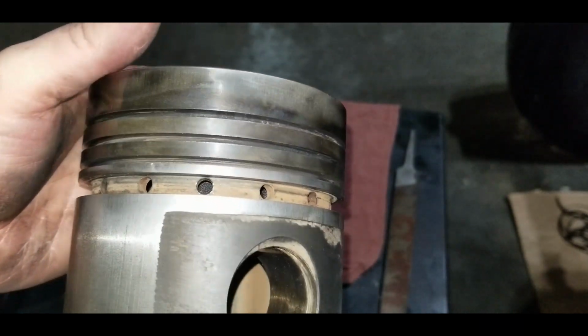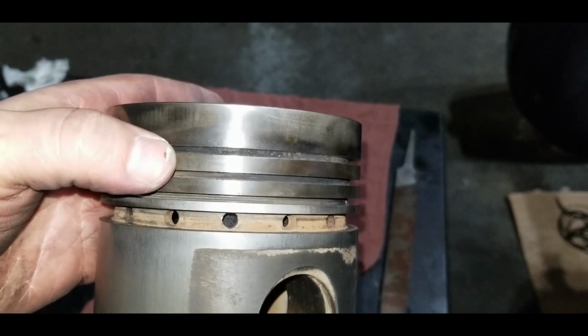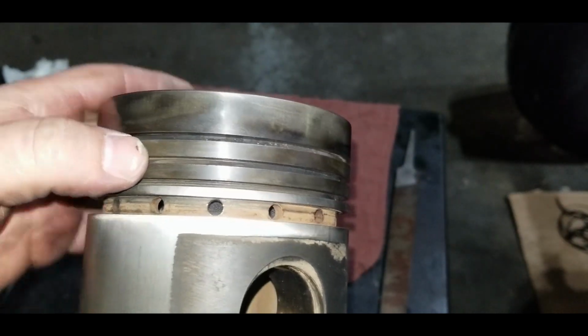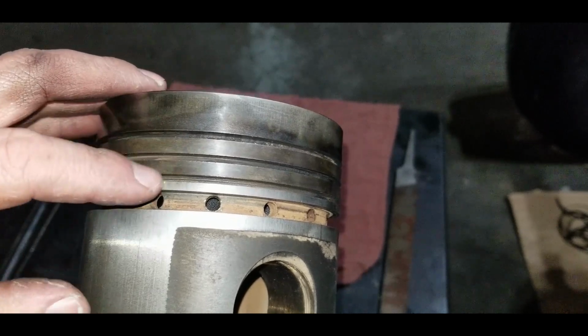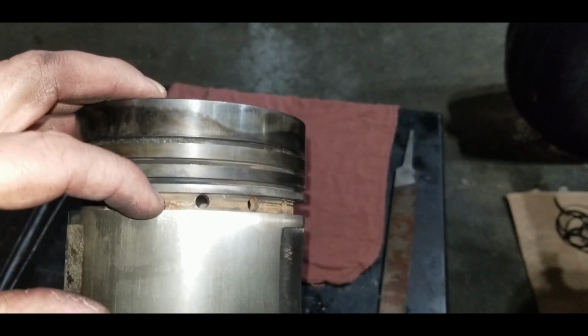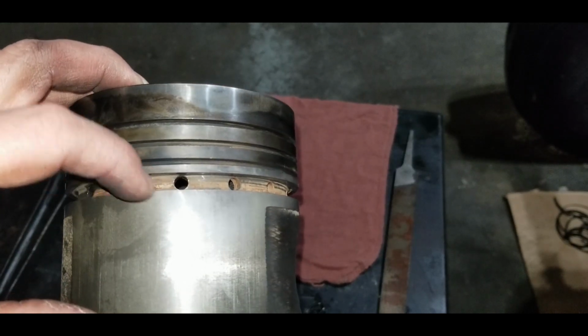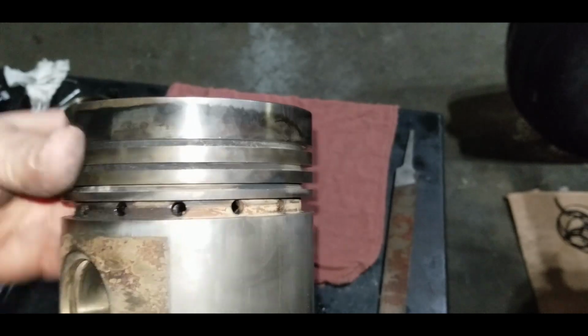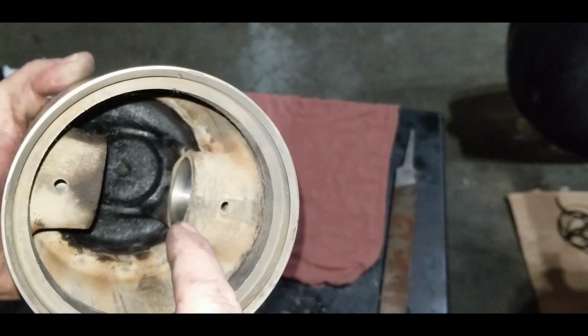Now all the ring grooves, you can see that they are a little carboned up in there. So we're going to take a pick and we're going to scratch these all out. And then just the same thing goes inside the oil ring here as well. We'll use a drill bit that's this size just to scrape the edges to make sure all the flakes are out, because we don't want any of them falling down on top of where our wrist pin